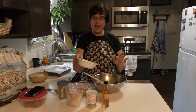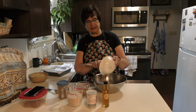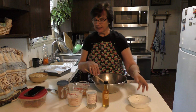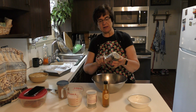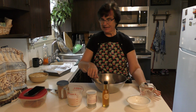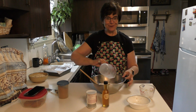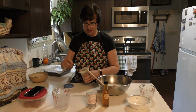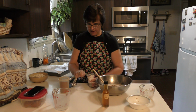So to my bananas, I'm adding my 2 flax eggs. This way I'm getting my omega-3 in there, and it will give it a little bit of a lift. It is a good egg replacer. I'm going to add my peanut butter. I have a half a cup of all-natural, unsweetened peanut butter, just peanuts, nothing else. Now my almond milk. And then I'm going to add a teaspoon of cinnamon and a teaspoon of baking powder,